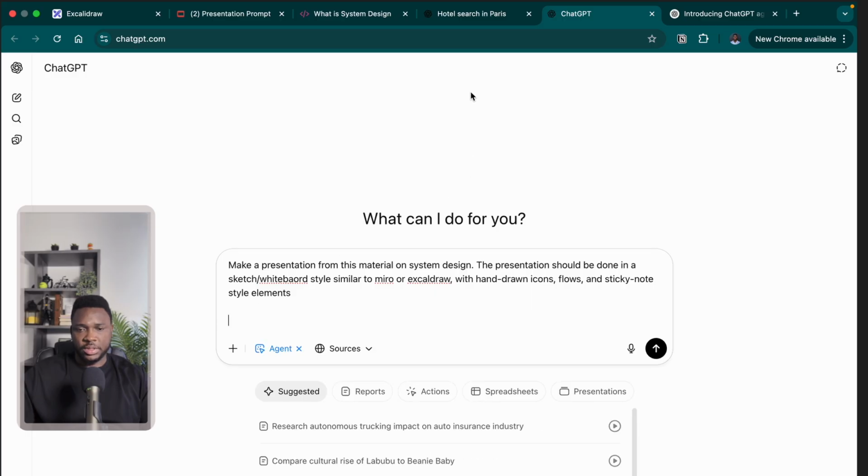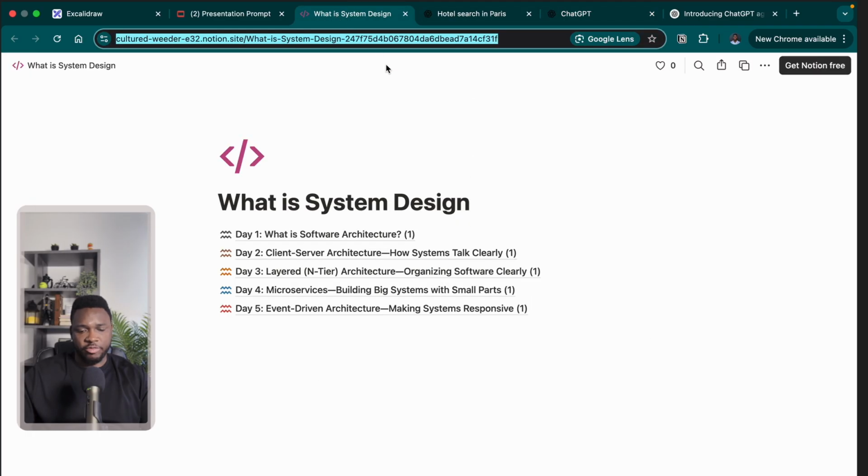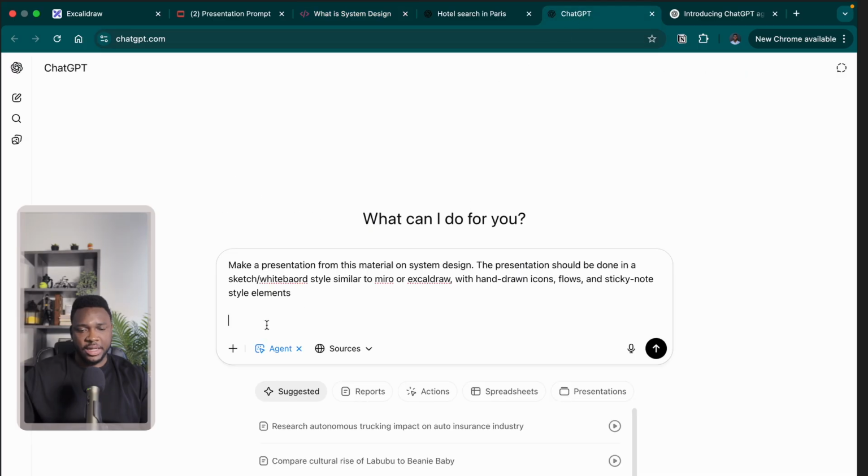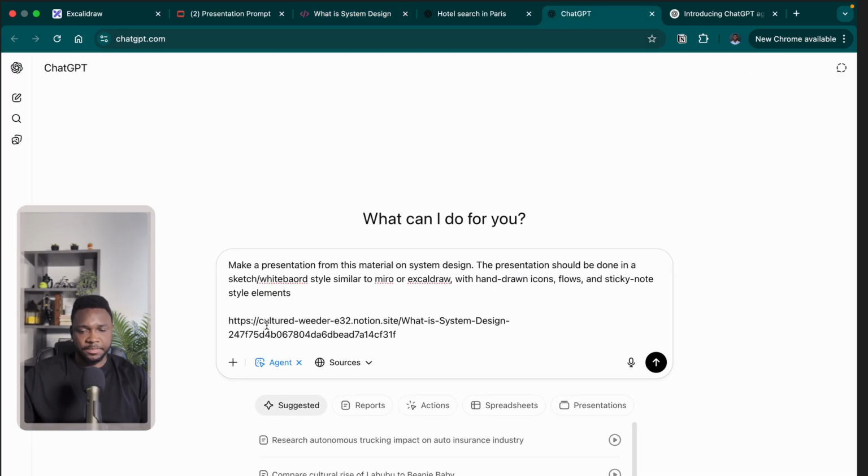I'm going to delete that, come back to where I've posted this, copy this again, and come back to my new instance, and I'm going to paste this. Ensure this is on agent mode, and what this will do is go into my published Notion and iterate through every page I have there, look through all of the pages, scan them, and create